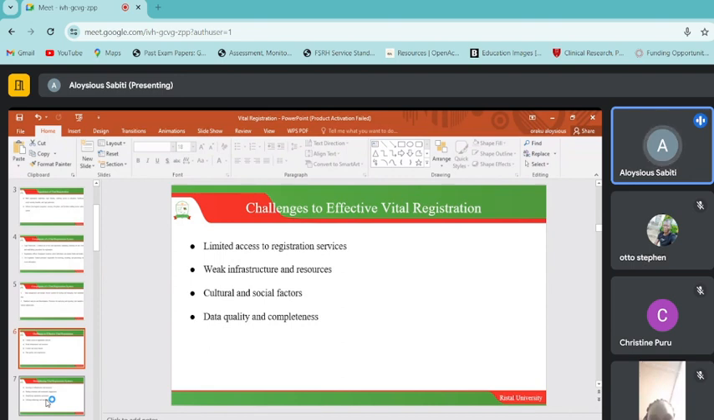Someone will tell you that they are born, or when you ask for their age, they will give you an age of 25, and then when you ask for their date of birth, they will give you a different date of birth that does not add up with the age that they have mentioned. So those are the data quality issues that we have